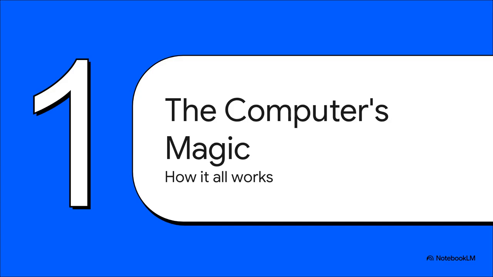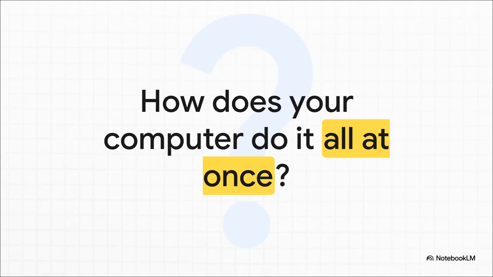So yeah, it's this incredible magic trick, this seamless illusion of doing everything at once. But behind that performance, there's this brilliant system, and it's all being managed by the boss of your computer, the operating system. So the big question is, how on earth does one single machine juggle all that stuff? Well, the answer is actually going to change the way you see your digital world. And it all starts with a really simple but powerful analogy.